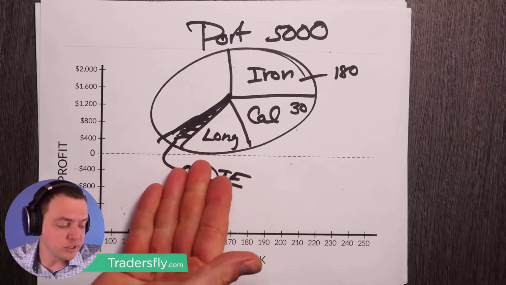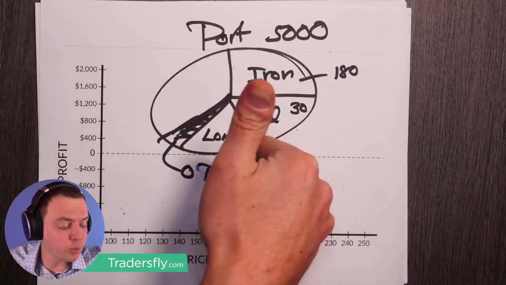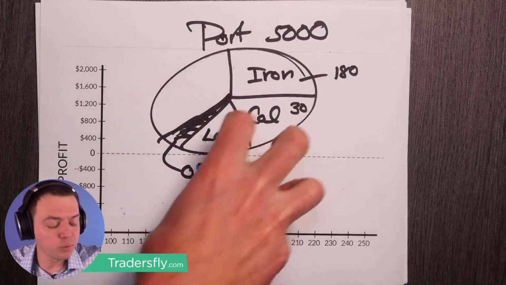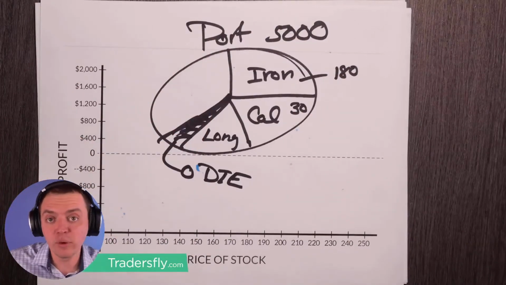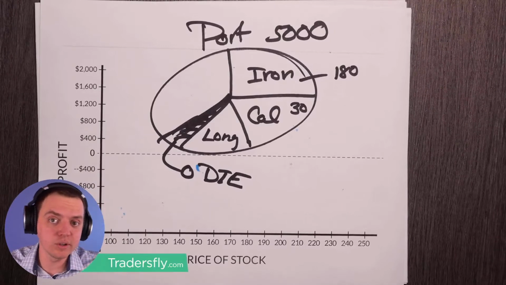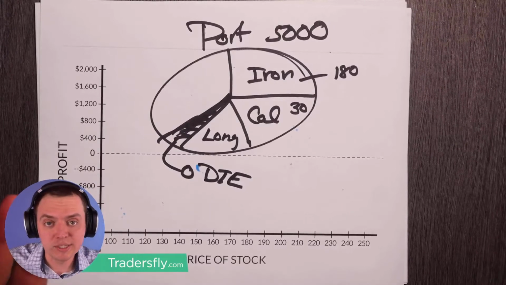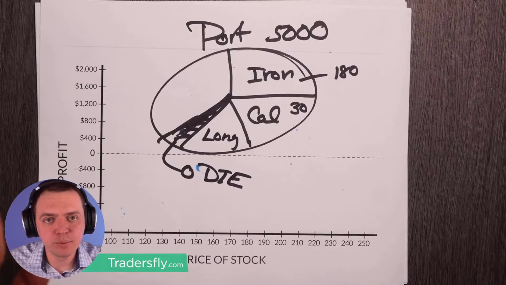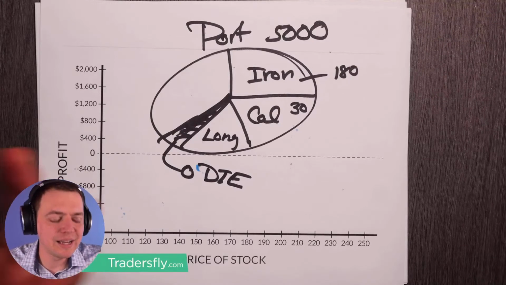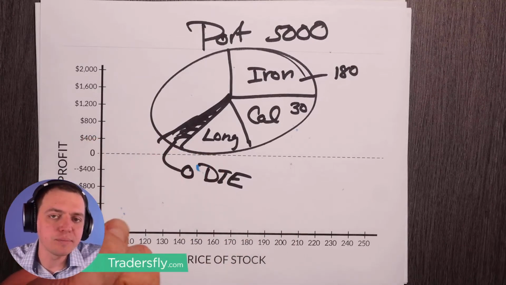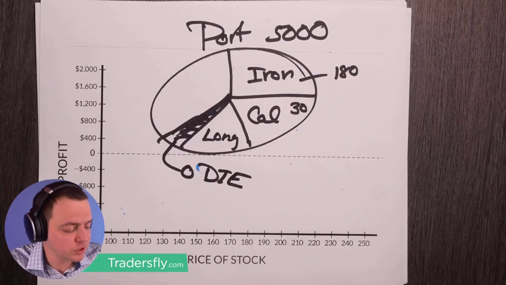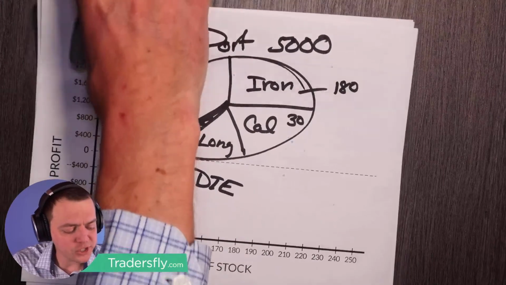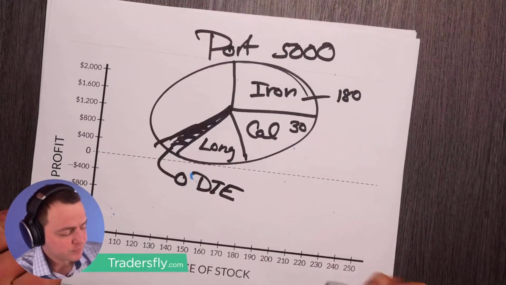So when you do 0 DTE, think about your portfolio, right? It's about the full portfolio. Don't just think about, hey, I got $5,000, I'm going to do $4,995 worth of 0 DTE trades. That's a very dangerous approach because it just takes 1 or 2 bad times and it can blow up that portfolio. So instead, start spreading capital in different zones and quadrants,